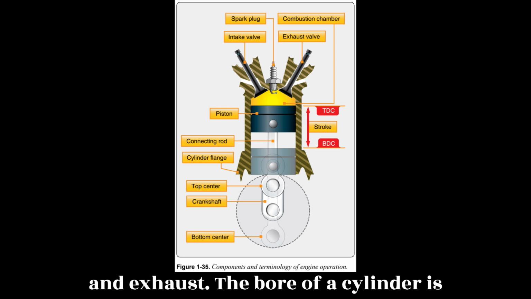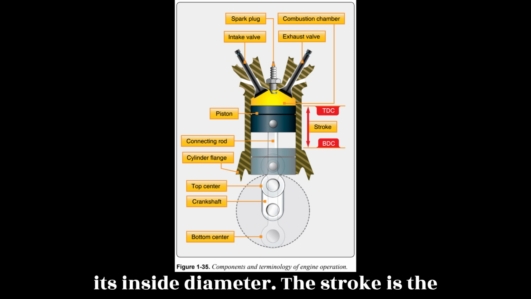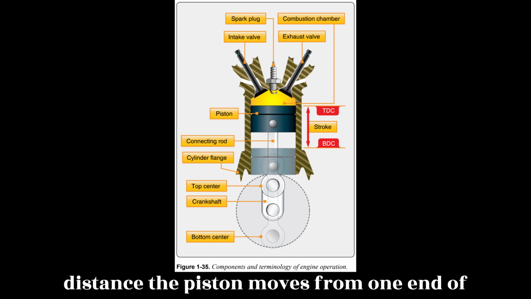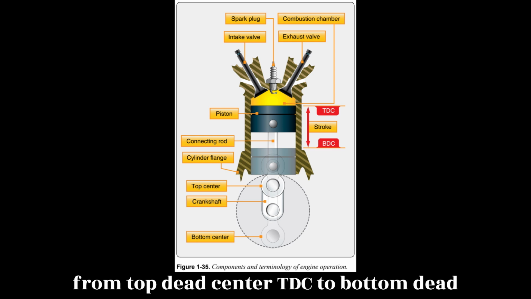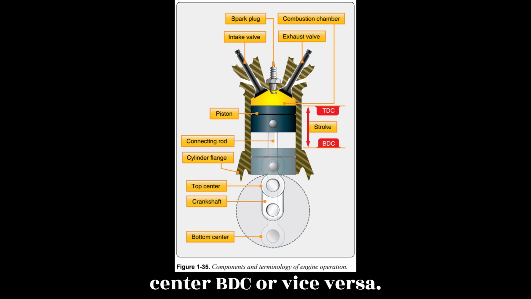The bore of a cylinder is its inside diameter. The stroke is the distance the piston moves from one end of the cylinder to the other, specifically from top dead center, TDC, to bottom dead center, BDC, or vice versa. Figure 1.35